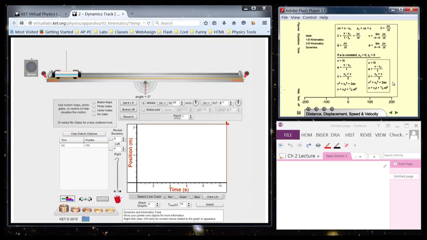exactly matches, or pretty close to matches, what's on your homework. And these are the 5 kinematics equations. As it says on the homework, you need to memorize these 5 equations by test time, and that's the test over chapter 2. And I would recommend that you try to hurry that up a little bit